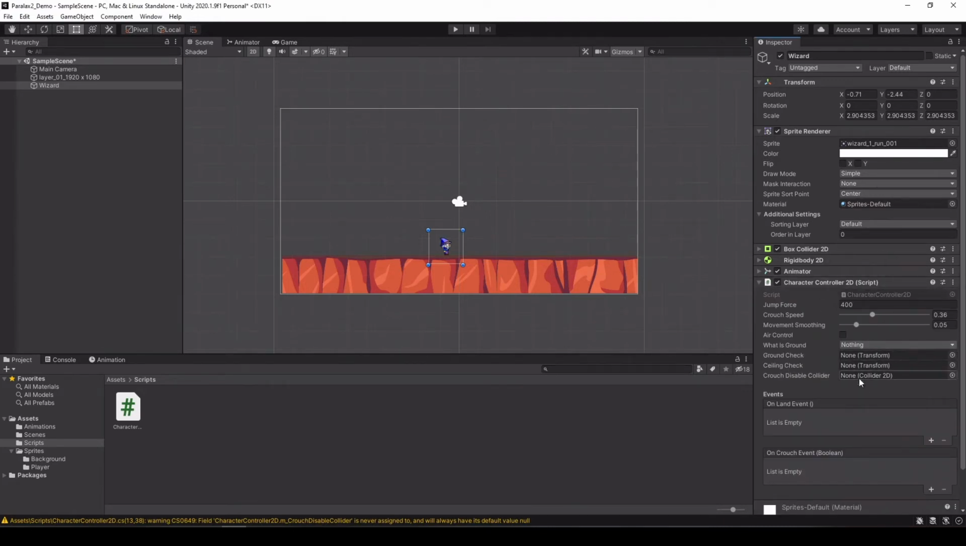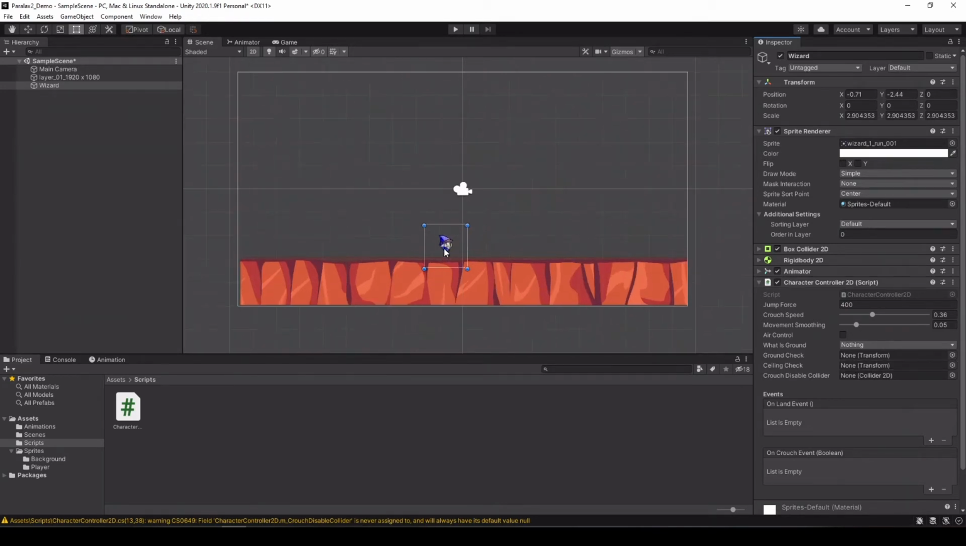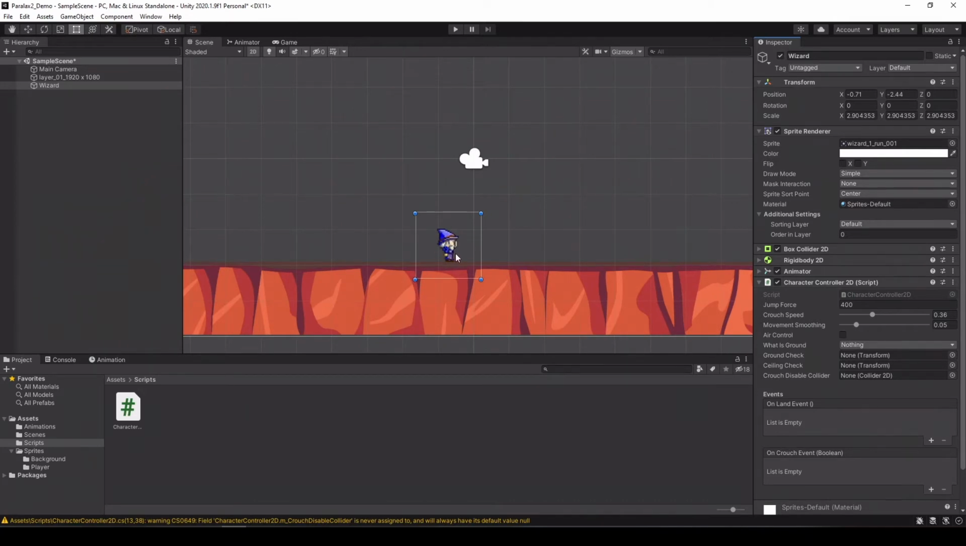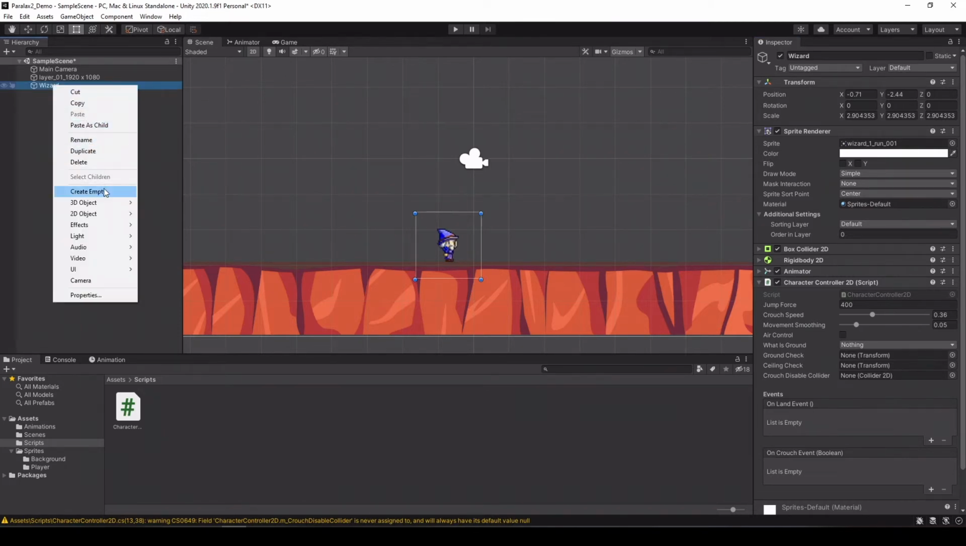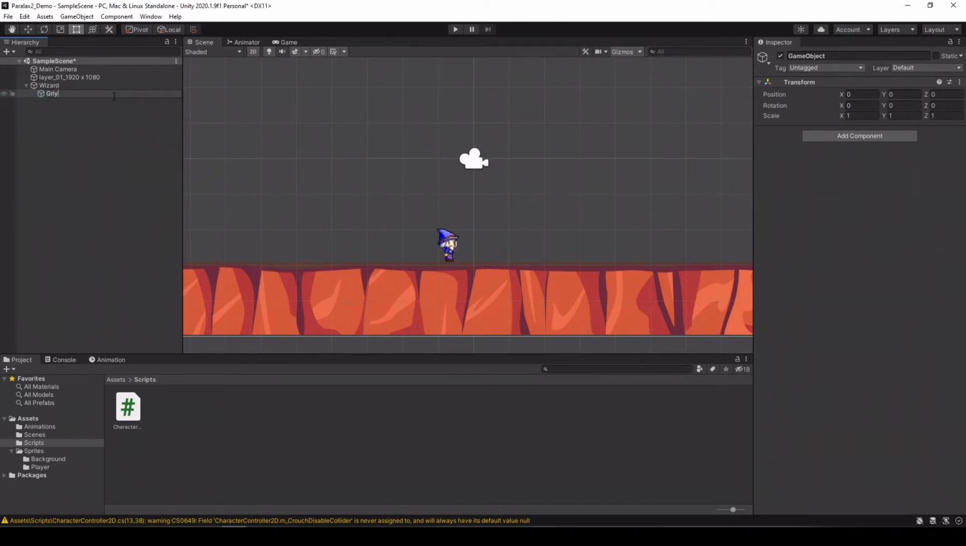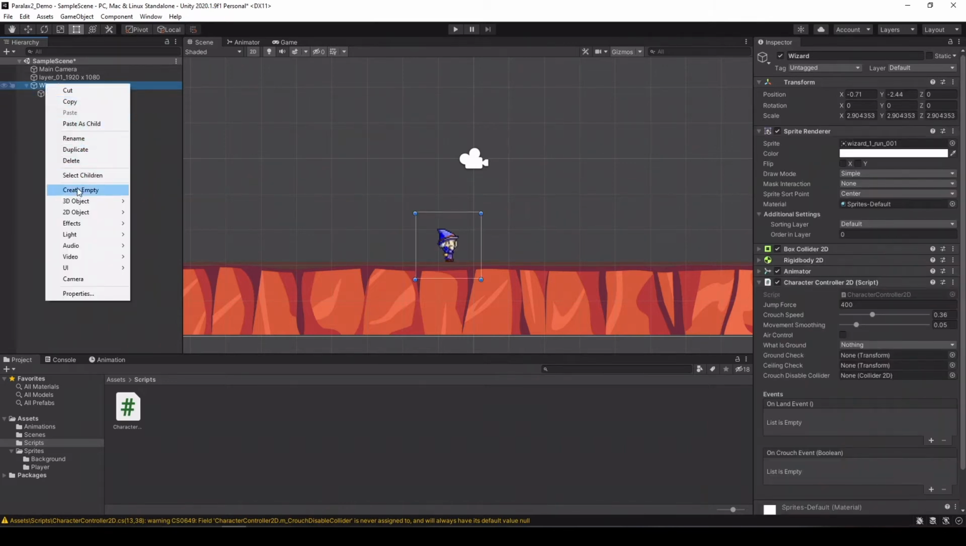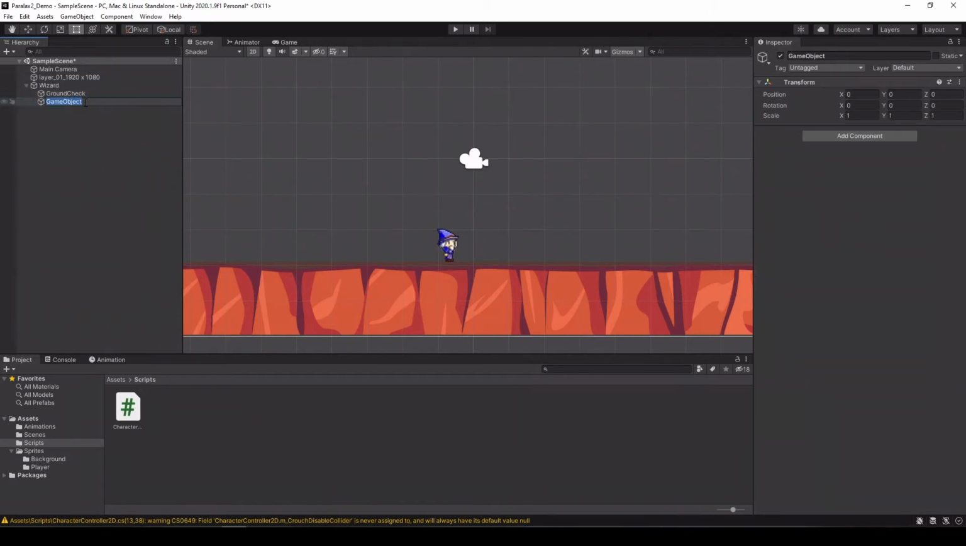And it's missing some game objects, so we'll quickly create them. In order to know where the character is in the world, the character controller needs a ground check object, a ceiling check object, and a crouch disable object, which is optional if I'm not mistaken. So let's create them quickly. Let's create an empty, let's call it ground check, and another one, we'll call it ceiling check,